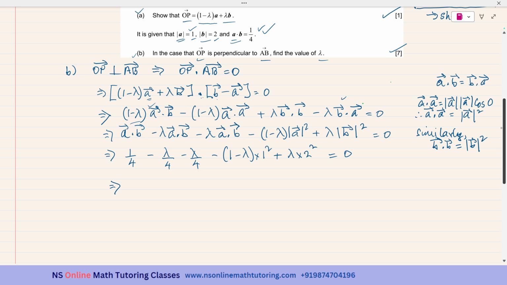Fine. So it is 1 over 4 and I will be having this also. No, I have to separate. I had to separate. And this is minus 2 lambda over 4. So it will be minus lambda over 2. And this part is minus 1 times 1 is minus 1, and this is plus lambda and plus 4 lambda is equal to 0, and